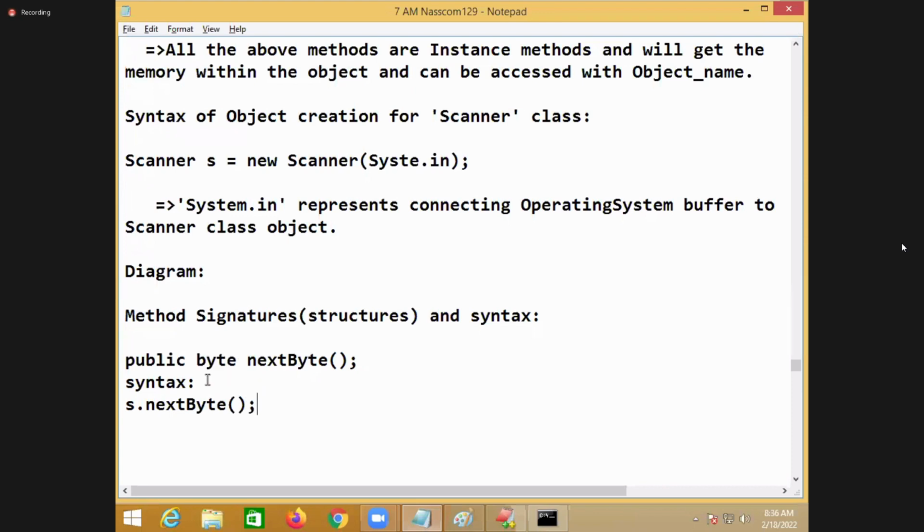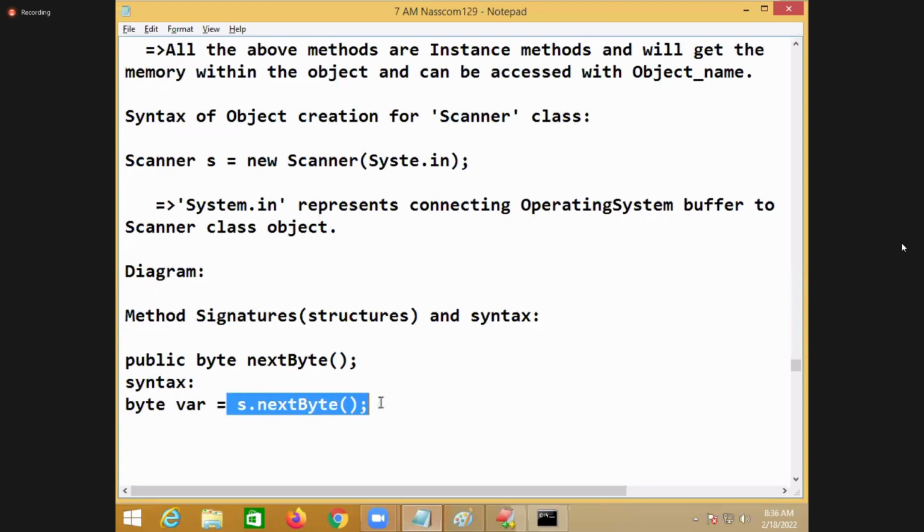Return type, because void is not there. Return type means write equal to; the method will return the value back. What kind of value is it returning? A byte value. Take one variable name, any name. So finally the syntax is: byte variable = s.nextByte();